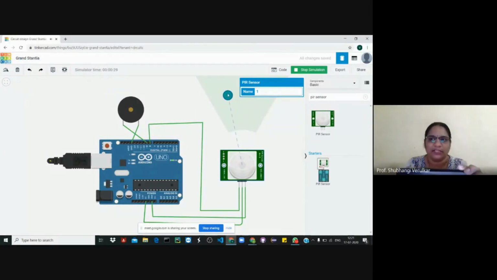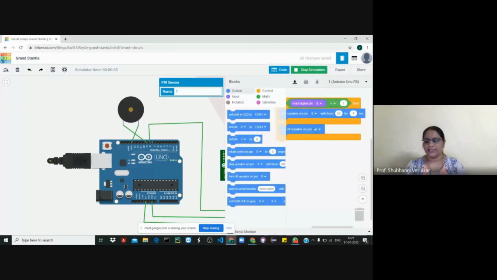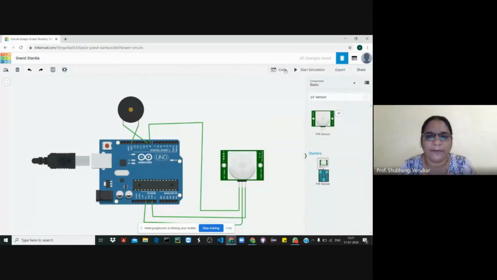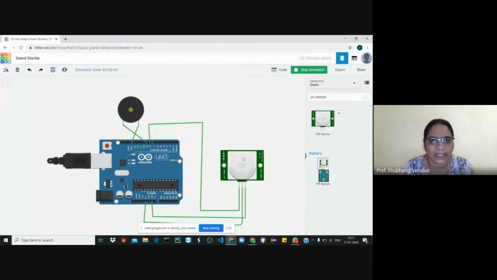Perfect, Vishnu Raj. I have recorded whatever activity you have done. I will share it on the group. Perfect. So I hope with Vishnu Raj, everybody must have tried this circuit, and here you have designed your touchless doorbell. Vishnu Raj is also one of the students of our college, and he has designed the circuit excellently.